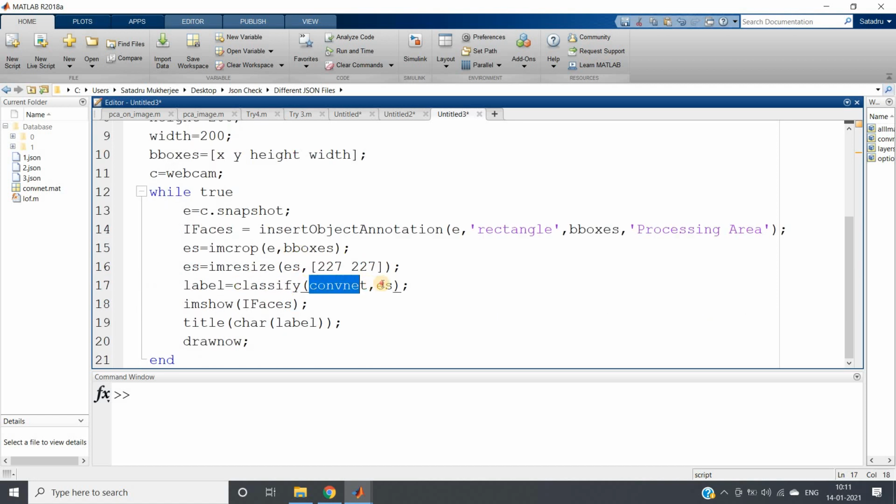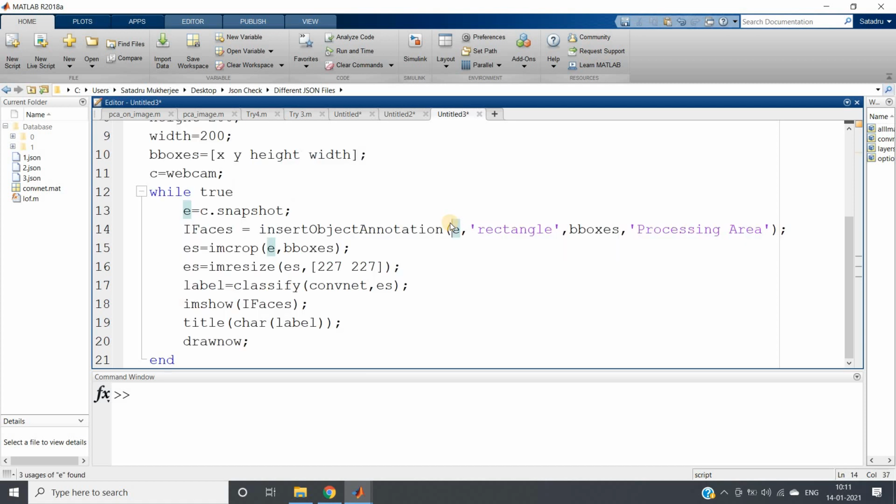So classify with confnet. We are passing that cropped image via our trained model, which we have created here, and then I am showing the labels as the title of our image, which we are displaying in the figure window, and giving drawnow for animation purposes.